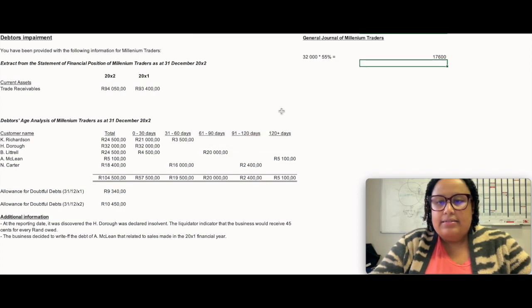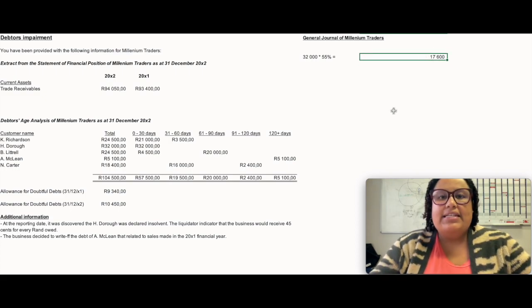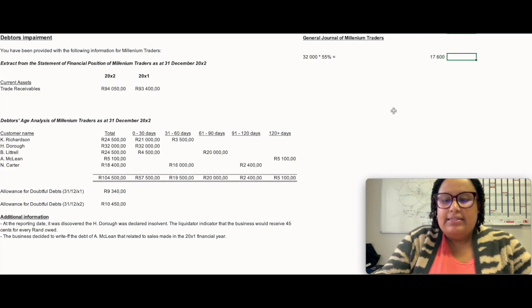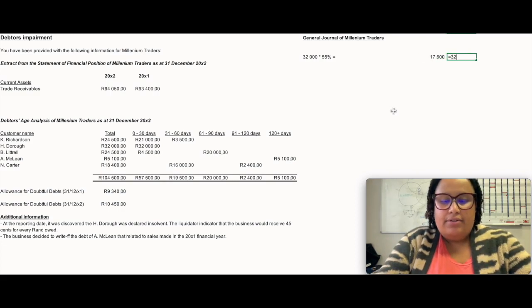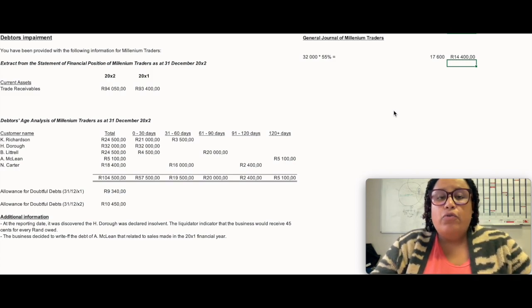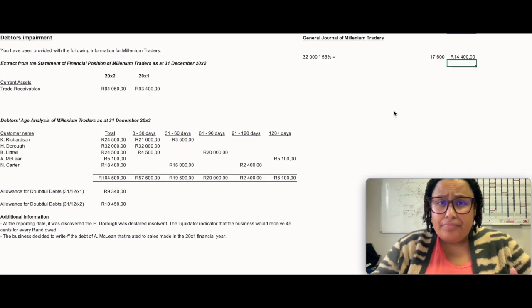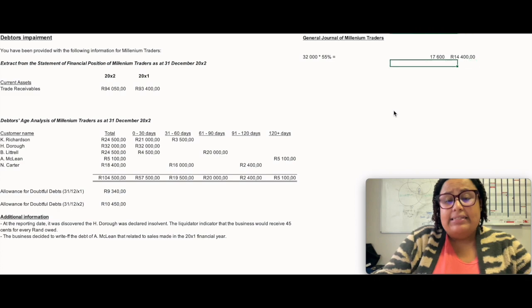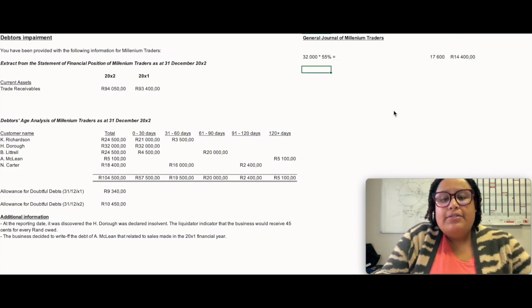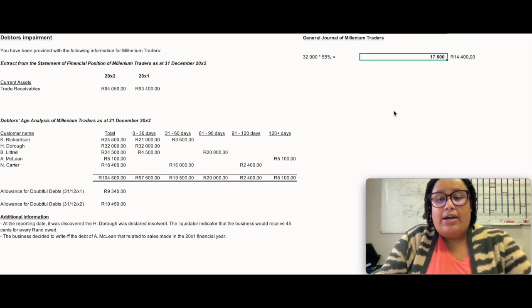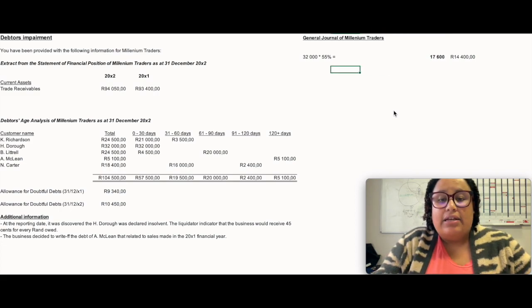Okay, so the full amount that we have to write off in this case is 17,600. Because the difference, the 32,000 minus that amount over there, the difference of 14,400, is what we expect to actually receive when the debtor's estate has been liquidated. So if we were going to process a journal entry for the write down of the 17,600,